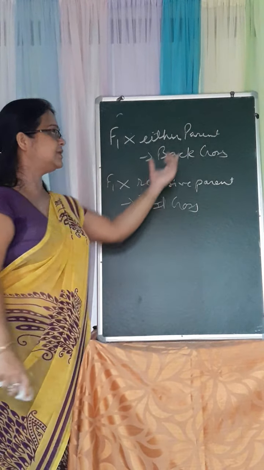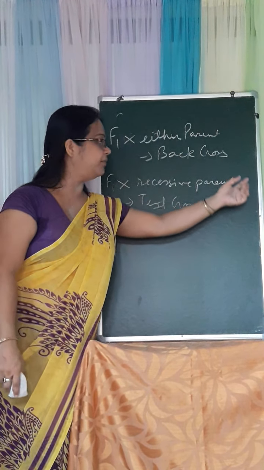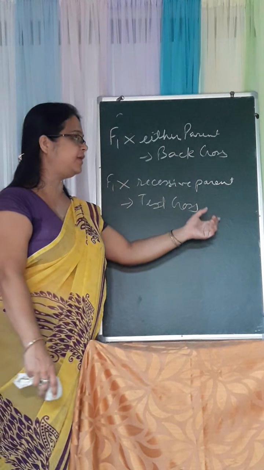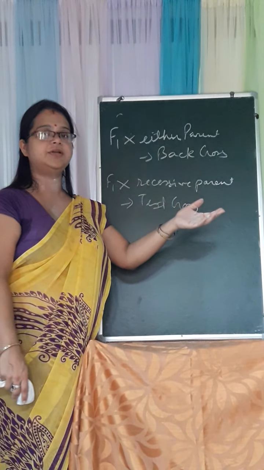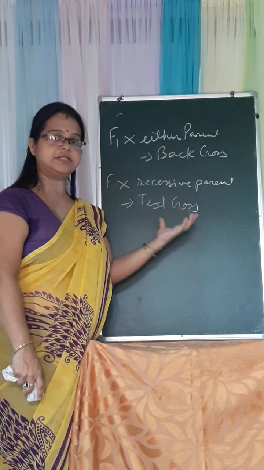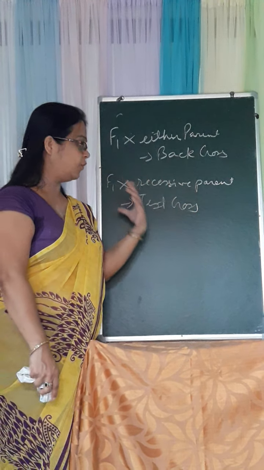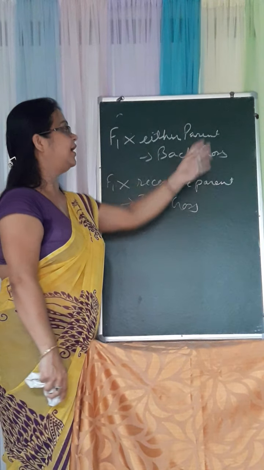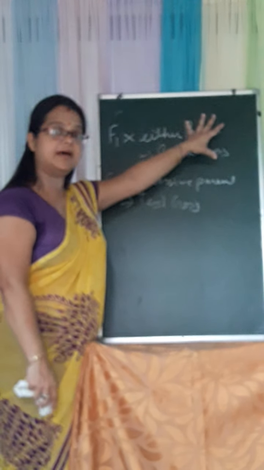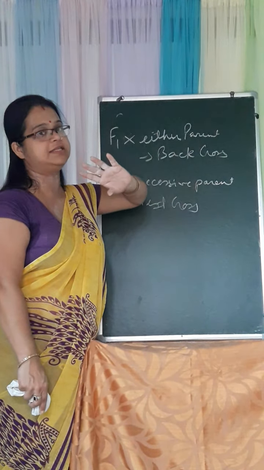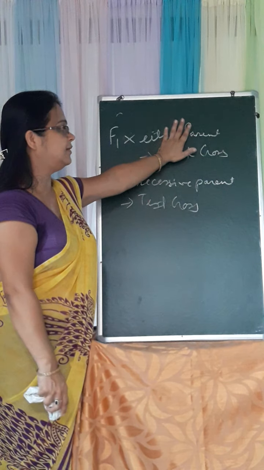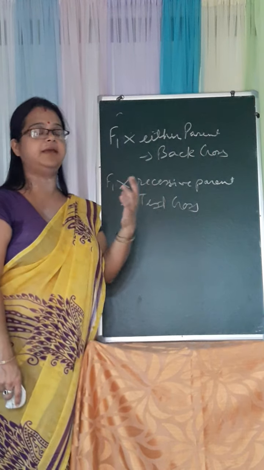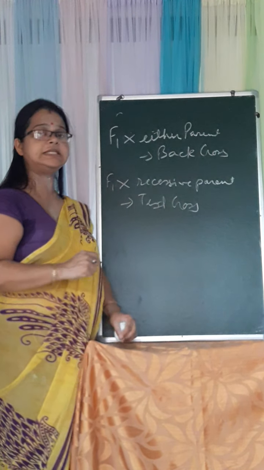So back cross and test cross are important, and with the help of the test cross we can further study various types of crosses. We can prove their genotypes and phenotypes very properly. And with the help of back cross, this can be done for improving crop varieties in plant breeding processes. So these are the basic things regarding your one gene interaction.